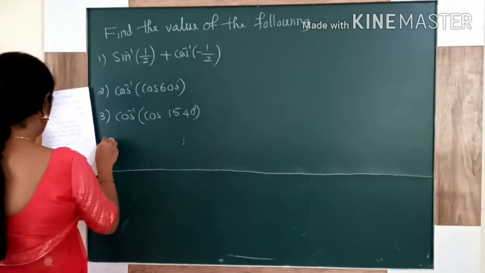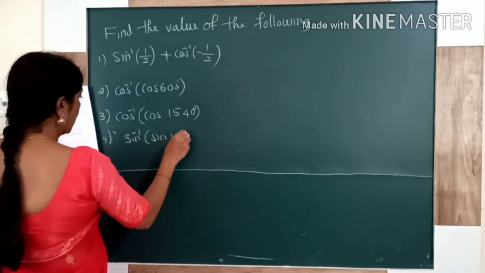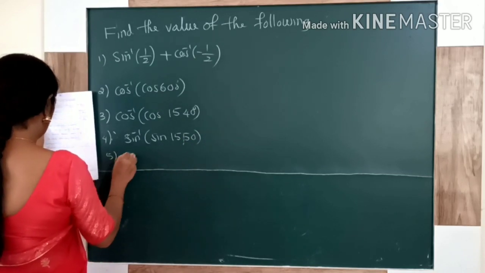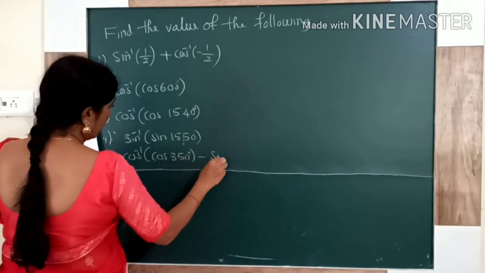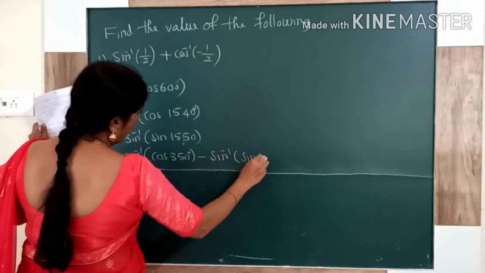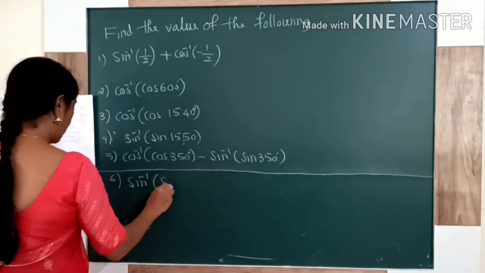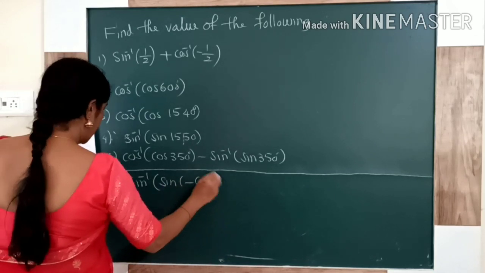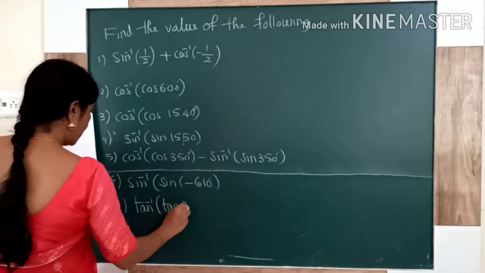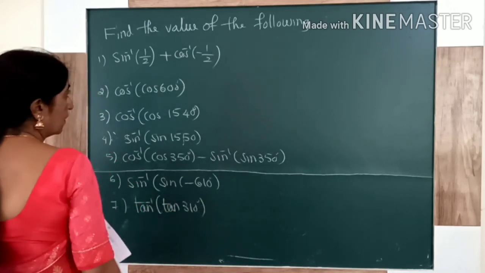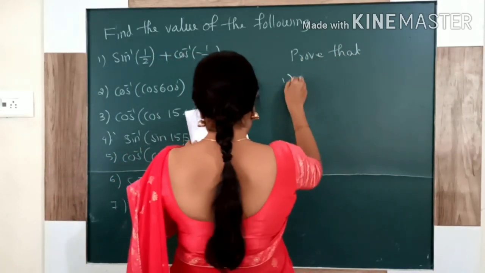Take this: sin inverse of sin 1550, cos inverse of cos 350 degree minus sin inverse of sin 350 degree, sin inverse of sin minus 610 degree, tan inverse of tan 310 degree. And next prove that